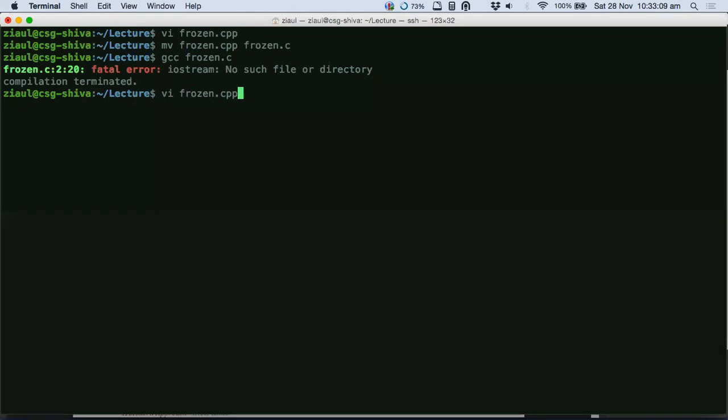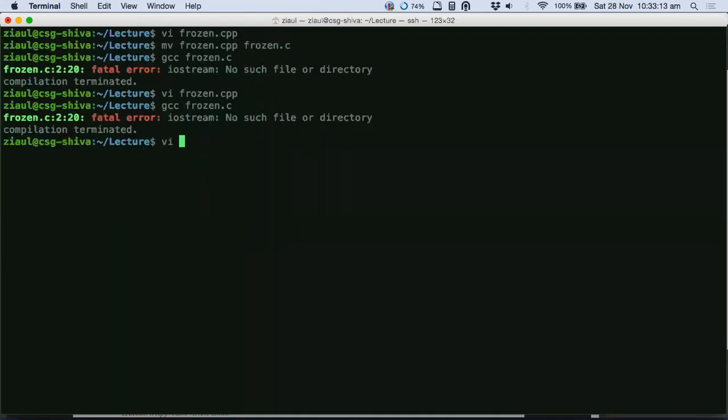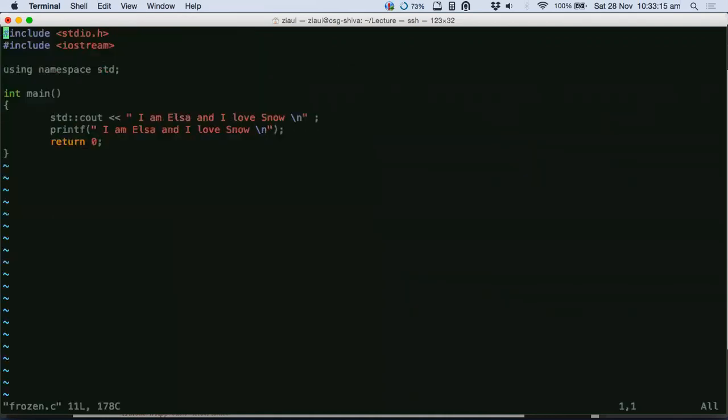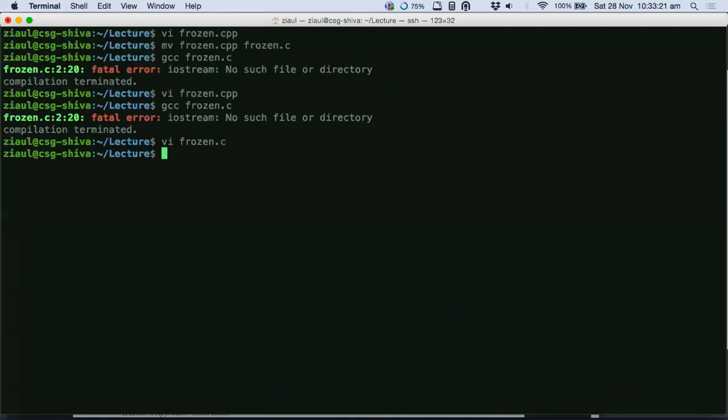So when I type this, right? Yeah. So when I have used C, now I will come to what an extension is. See, your program has extensions. So what is the present extension of this file, frozen? It's .c, right? Dot C. Yes, sir. So what do you mean by extension?